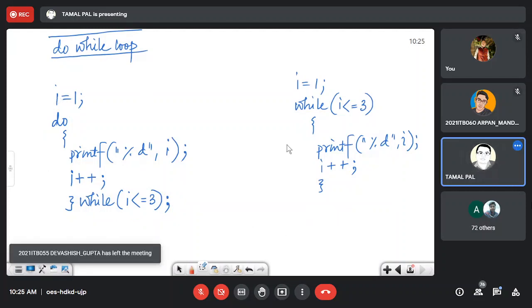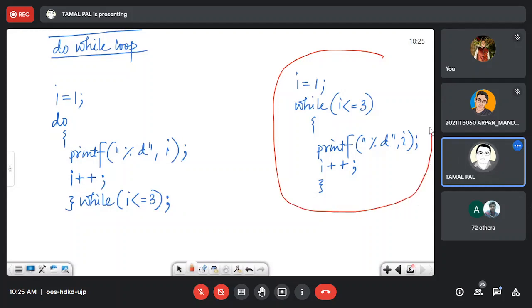Now tell me, this is your while loop, normal while loop. Now, if you would like to make it always false, what should be the change in the condition? What do we write in the bracket? I greater than equal to 3, is it? Okay. Yes. I am writing it I greater than equal to 3.